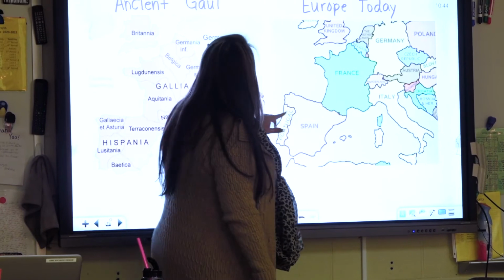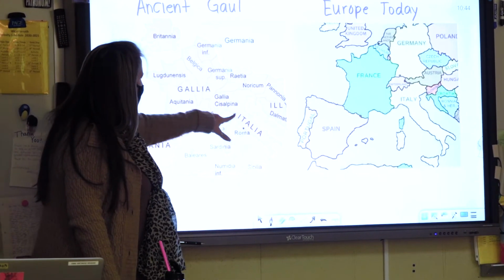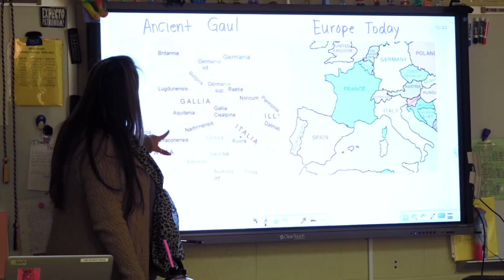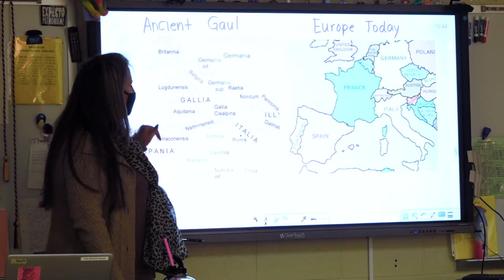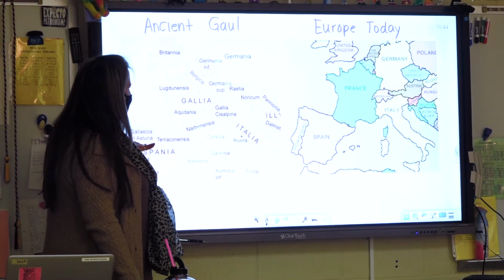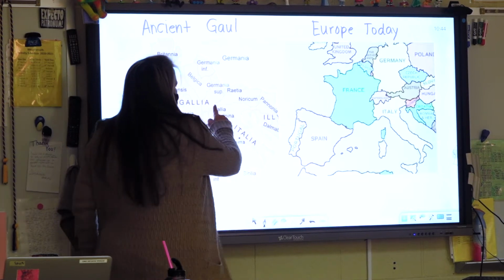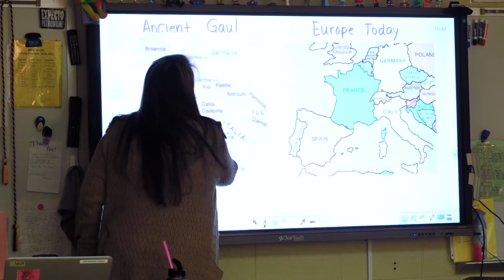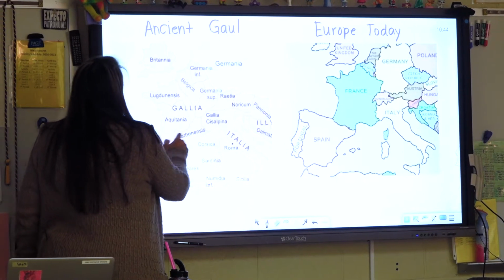So this is what it looks like today. When we look at it, this right here is Gaul. We have Italy, we have Spain, and now when you look at it, it shows you how we've changed. We've got Portugal. France is actually not as big as Gaul. Right in here, let's see, try it with a marker. Sorry. Right here,